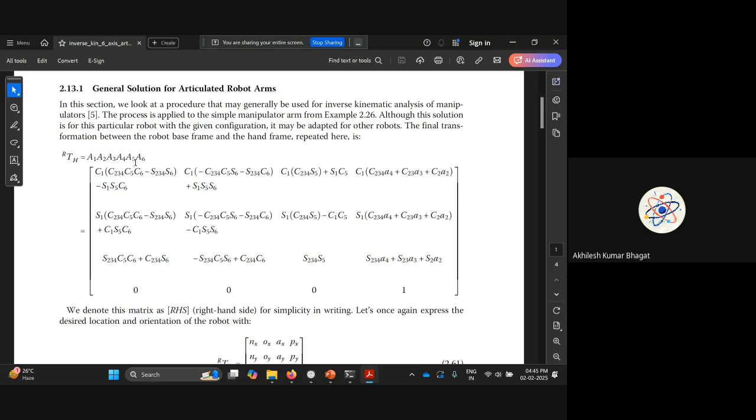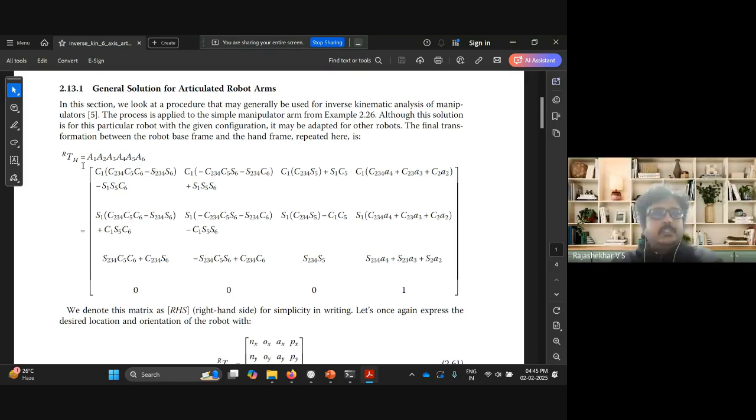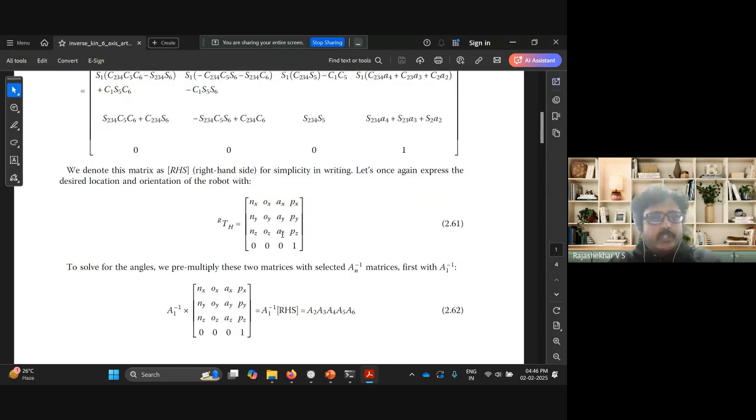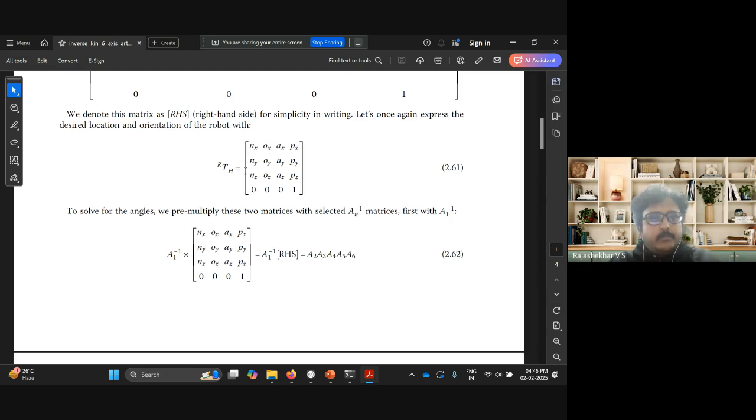Yeah, it's visible. Okay, so this is a general solution. A1, A2, A3, A4, A5, A6 are the transformation matrices of each link. What happens is you multiply all these together, and you get a matrix like this. This is just for a visual representation. C1 means cos theta 1, C2, 3, 4 means cos of theta 2 plus theta 3 plus theta 4, and so on. So what we do here is we just pre-multiply it by A1, and we try to find out